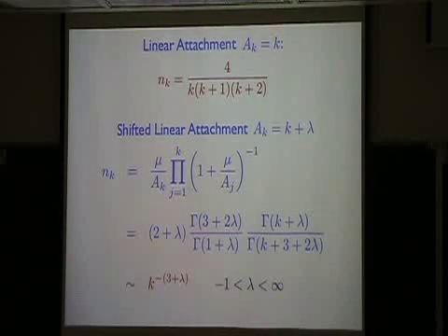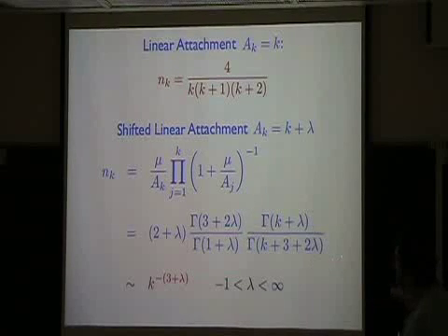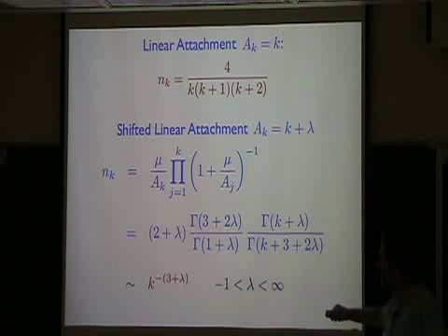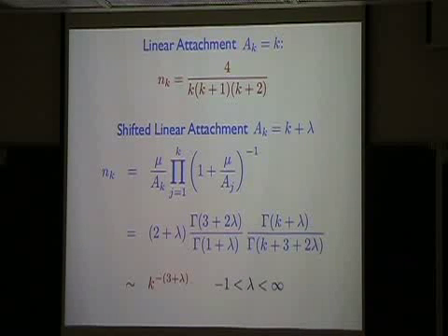Anyway, with that little preamble, the point is that the asymptotic decay of this distribution is just related to the values of the amplitude sitting here, these correction factors; it's asymptotically k to the minus 3 plus lambda. Physically the shift in the linear preferential attachment can be anywhere between -1 and infinity, because if it's less than -1, the network can't start growing. If I have a node of degree 1 and the rate of attachment is k minus 1, I'll have 1 minus 1 equals 0. So I can't have the shift being any smaller than -1, and that restricts the range over which this degree distribution exponent varies.